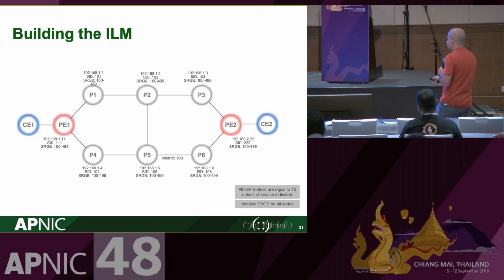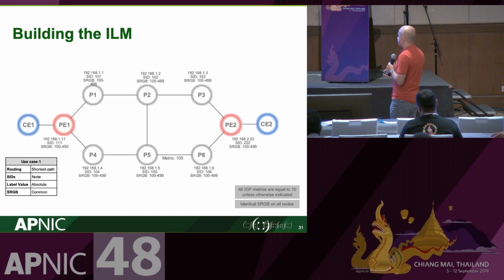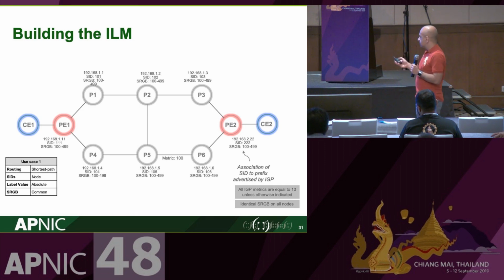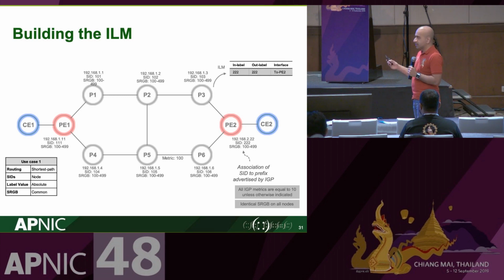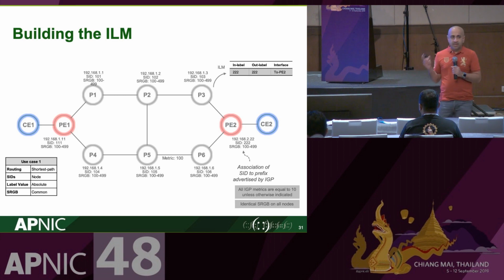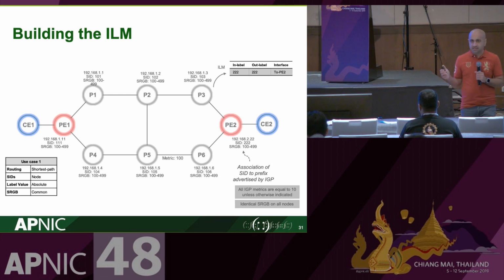So in this case here, PE2 associates SID 222 with its loopback of 192.168.2.22. It then advertises it via its IGP. Let's say it's ISIS, right? It advertises it to the rest of the network. So it gets to P3. P3, when it gets this message from ISIS, which indicates the label for PE2, creates an entry here in its